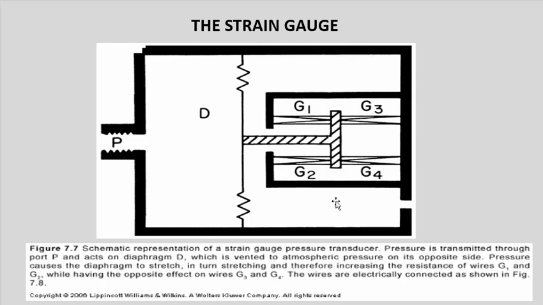side. Pressure causes the diaphragm to stretch sideways, in turn stretching and therefore increasing the resistance of wires G1 and G2. So the first motion stretches these two and shortens those two, while having the opposite effect on wires G3 and G4. And the next slide will show us how these wires are electrically arranged in what's called the Wheatstone